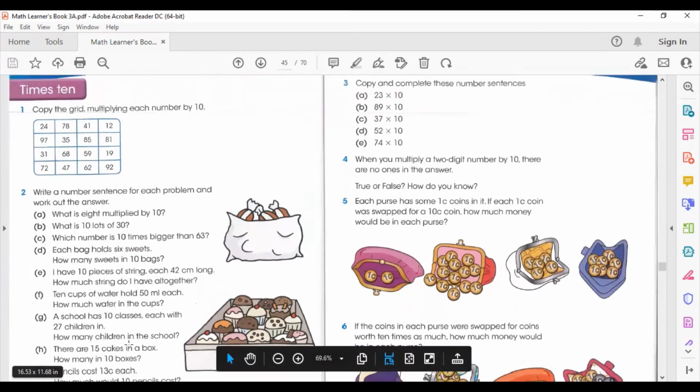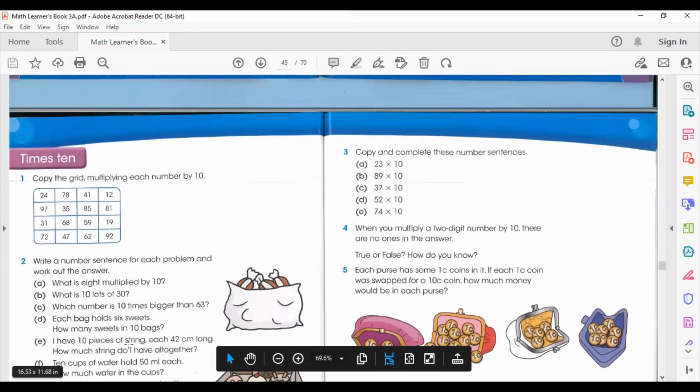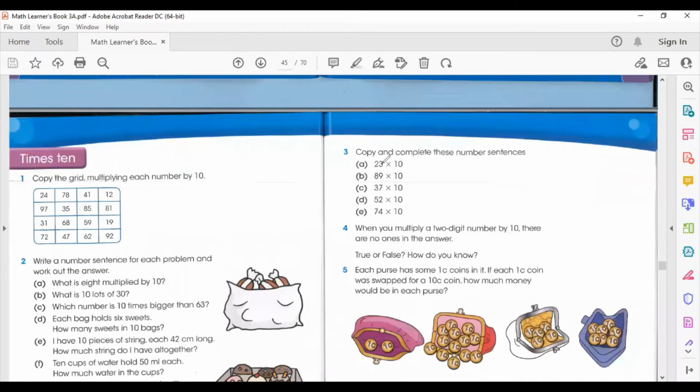After this, let's move to the next question. Number 3. Copy and complete this number sentence. Very easy, just putting 0. 230, putting 0 here. 890, 370, 520, 740. Just put 0 here. I just do the last 2. It's equal to 520. 74 equals